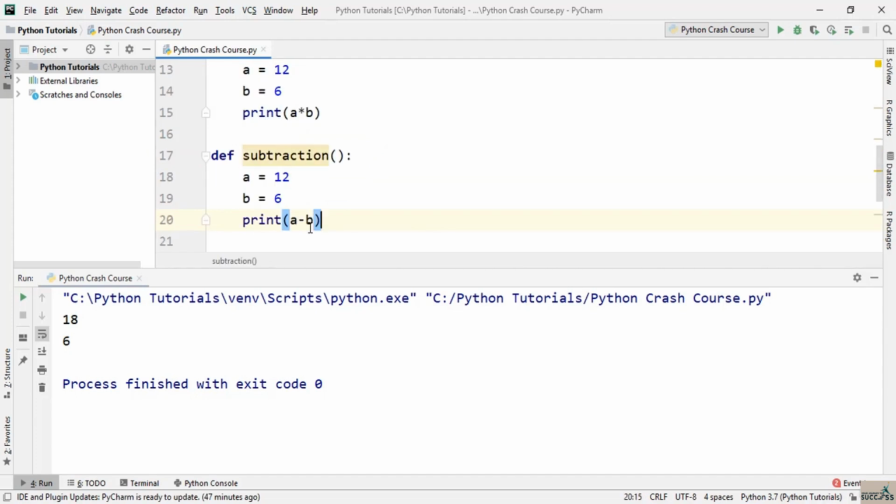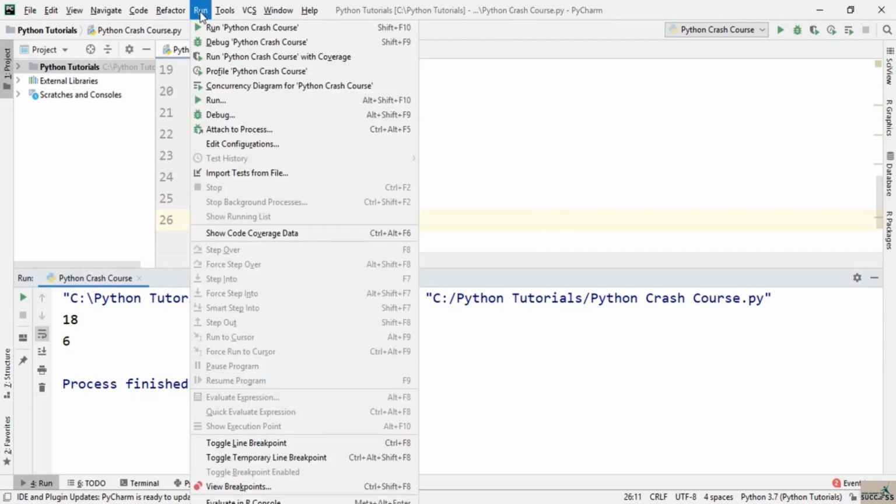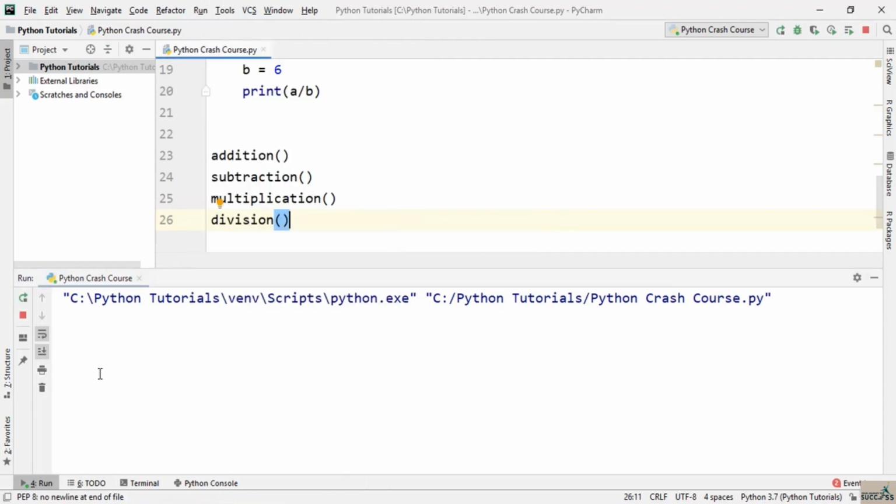And then I will have another function, and that function will be, let's say, division. All right, so this time it will be able to perform division, and now make sure that you have called this function in order to execute it. So first of all, we'll just print out the result of this function multiplication and then division. All right, so now if you just execute this whole code,